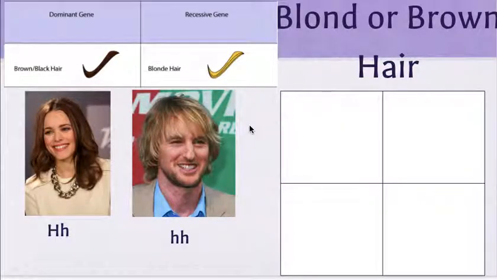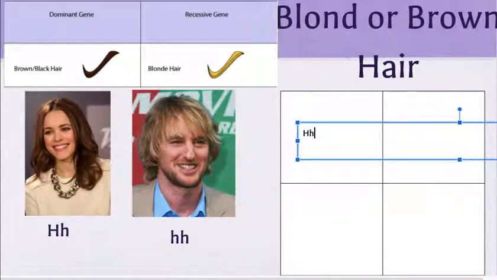And then the last one, how often are these offspring of, God, who's this? Regina George from Mean Girls. This is Rachel McAdams, I believe, and Owen Wilson. She's big H, little h, so brown hair is big H, blonde hair is little h. She's got brown hair, and then he's little h, he's blonde hair. So what are the chances of their kids having blonde or brown hair? I'll let you pause it and try that without me, and then you can unpause, and I'll just go ahead and tell you that it should end up with 50% blonde and 50% brown, and that's because the final answer